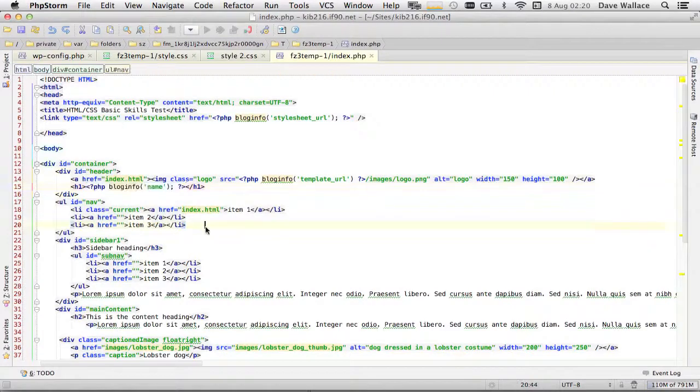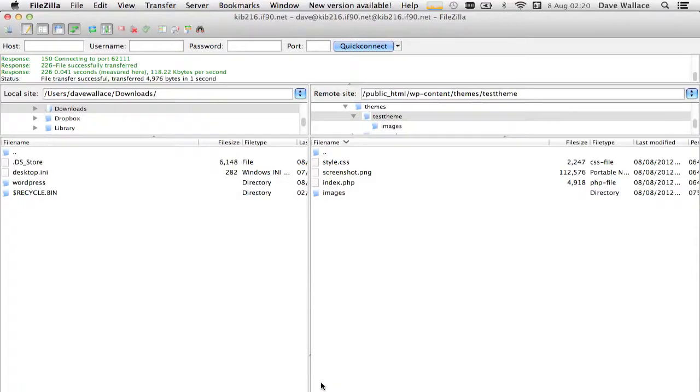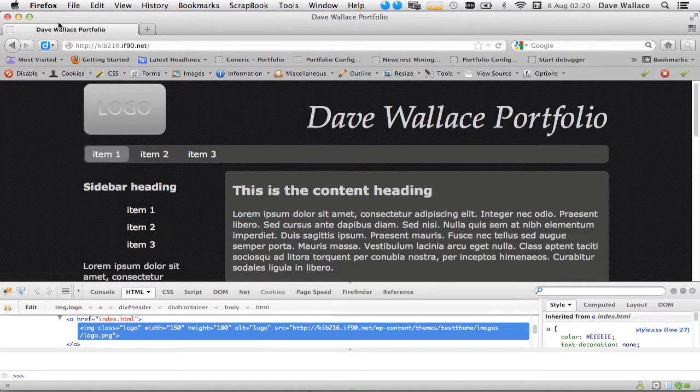So I also want to come up to the title here and just duplicate that blog info name, and upload. Okay, and now it's outputting the site name both here and up here as well. So that covers